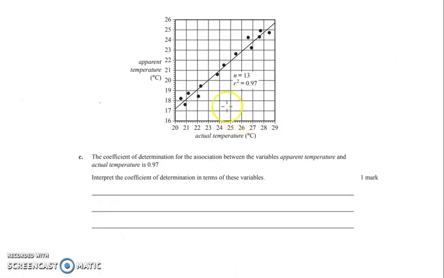So with this, let's list which ones are the response variable and the explanatory variable. The response variable is your y-axis. I'm going to put that as a Y. So the apparent temperature is your response variable, and the explanatory variable is your x-axis. In this question, we can use 0.97 as 97%,